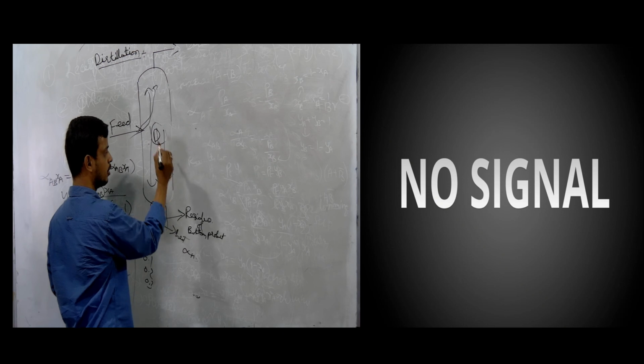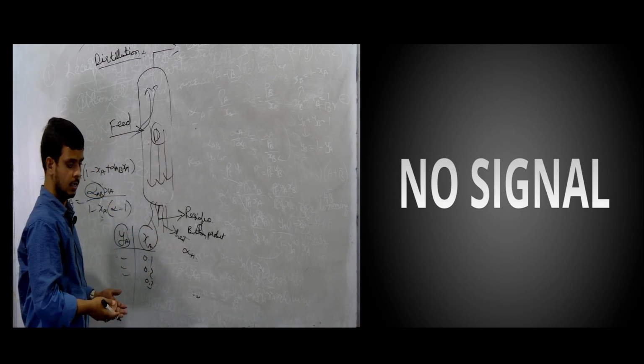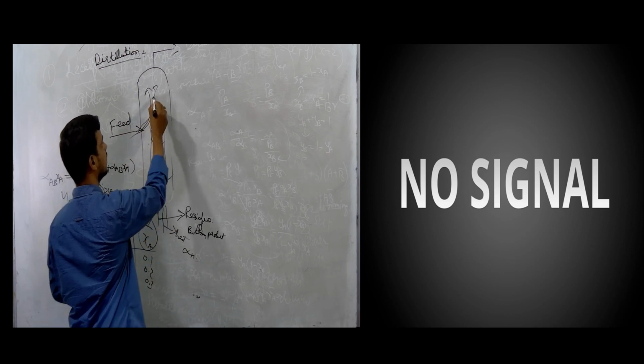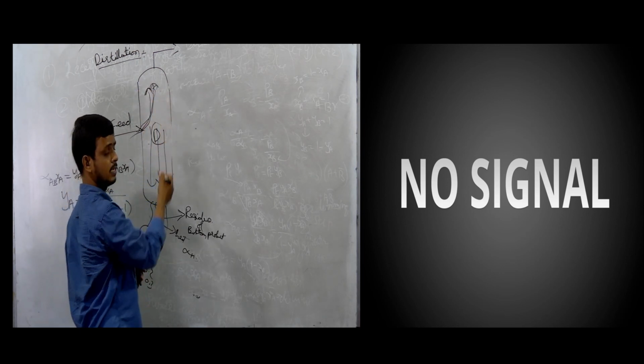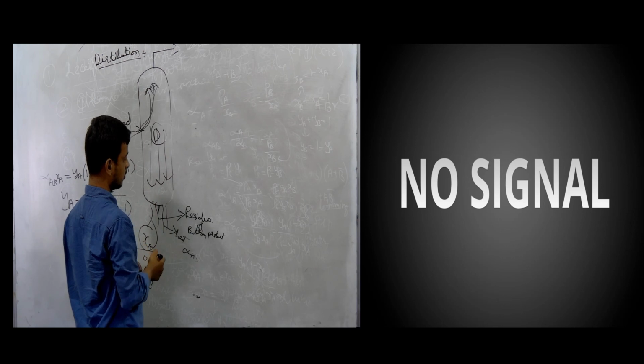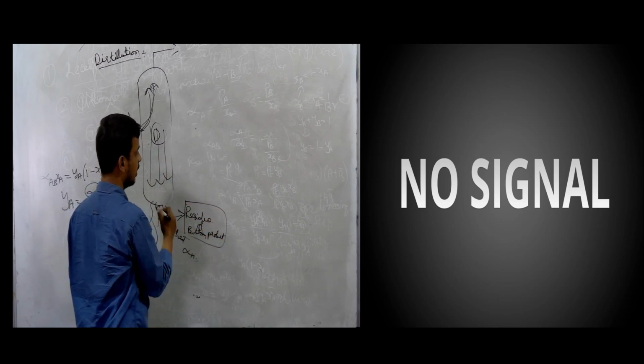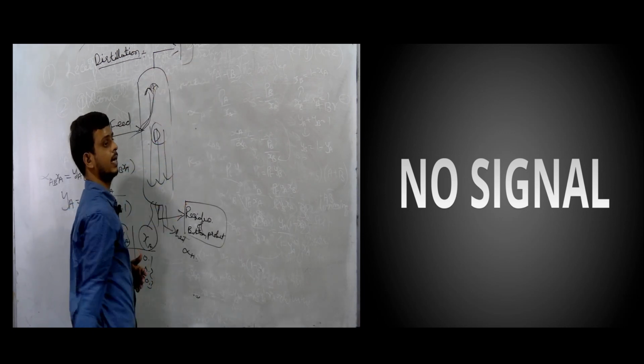Usually we know that liquid has a low relative volatility compared to the vapor. So vapors will go to the top very readily and liquid will just fall down. From this we can say the more volatile component will be very low in the residue and the less volatile component will be very high in the distillate.